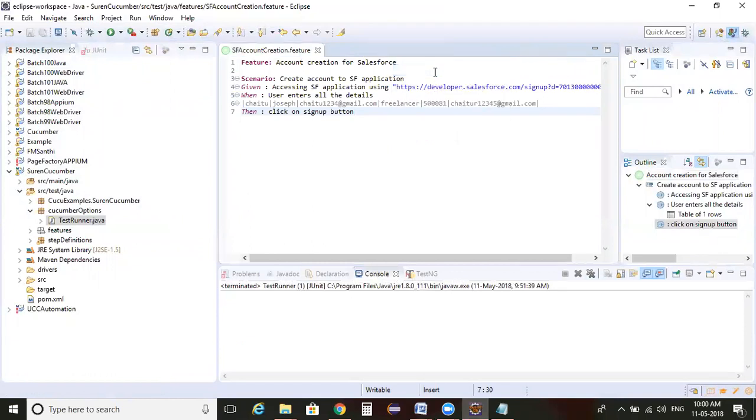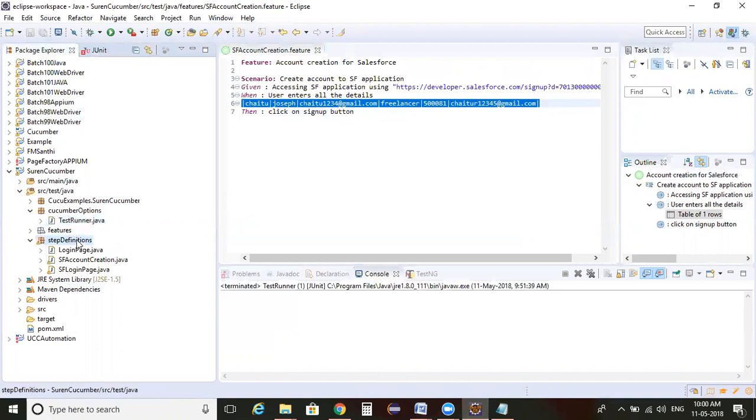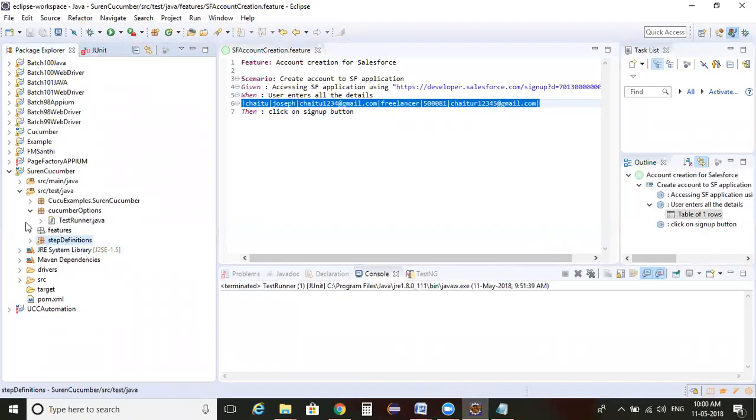So if you observe, guys, yesterday we passed the data within a single line below the step. This concept we can call a data table, but my intention is I don't want to pass a single set of data. I would like to run my test script on multiple sets of data. In such cases, this is not the suggested way to handle it. We need to follow a different approach. Great. Let me first create a new feature file, then we can go for the step definition.